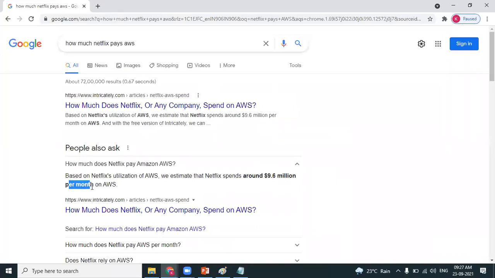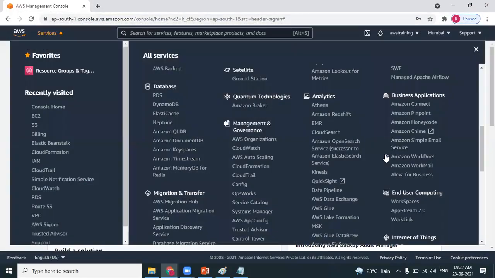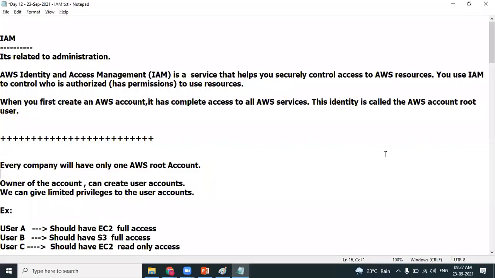This is the bill Netflix will pay to AWS. 9.6 million. So no matter how big the client is, every client will have only one AWS root account. That's what you need to understand. Every company will have only one AWS root account.